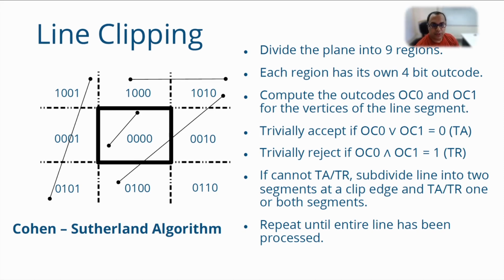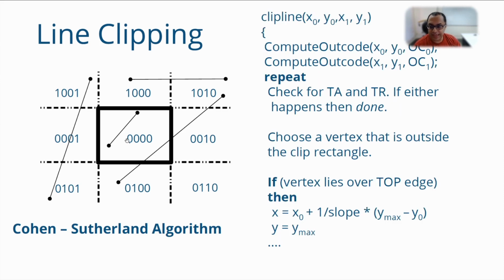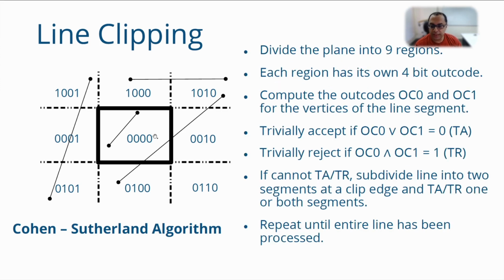Okay. Now you are given these line segments that you want to clip against the rectangular window that is given to you. You can think of this as a test where, given a line segment, you compute the outcodes for its vertices. So this line segment, for example, is made up of these 2 vertices. You compute the outcodes for these 2 points. The outcode for this point will be 1 0 1 0. The outcode for this point will be 0 1 0 0.